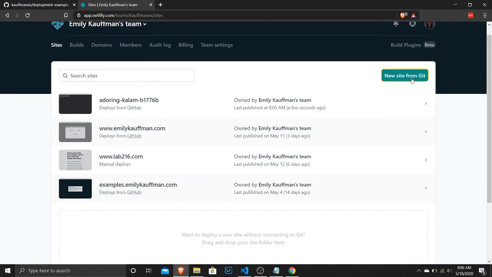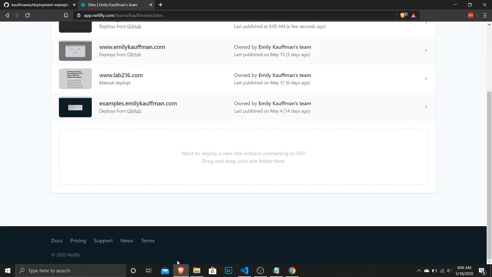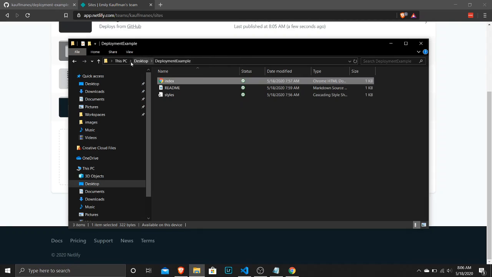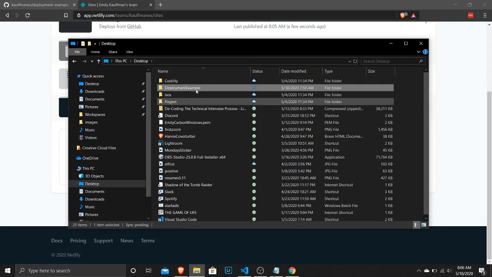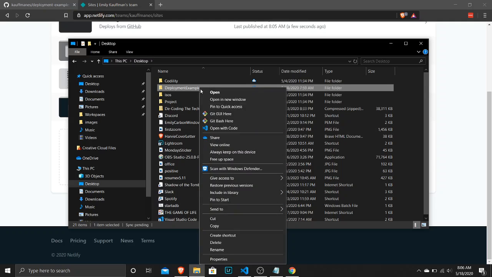Yeah, instead of doing new site from Git, you could take your folder. So let's go, this is our deployment example here. So instead of using Git, we're going to make it into a zip file. So I'm on Windows. Do this, I think on Mac it's compress. Where is it? Send to